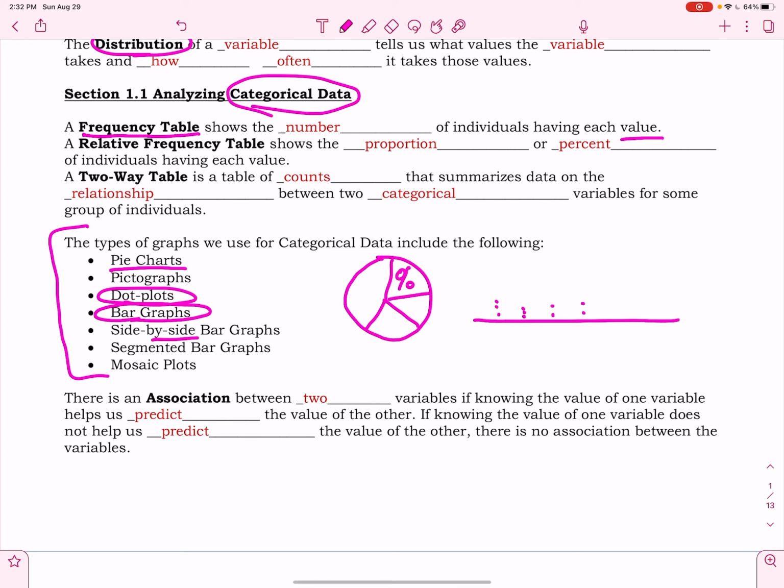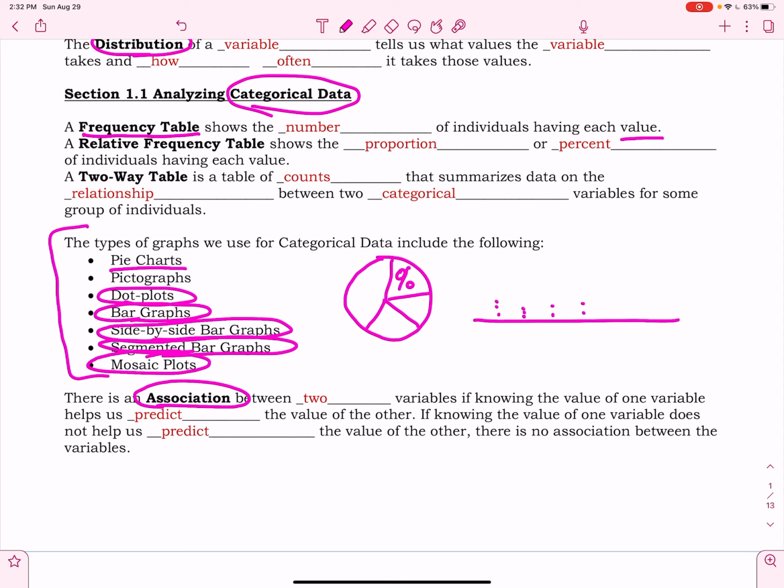I'm going to show you one of those. Side-by-side bar graphs, that's actually what I'm going to show you, and then you'll be able to see what a regular bar graph would look like. Then there are segmented bar graphs and mosaic plots. So I'm going to show you a couple of pictures of these items so that you'll understand better this idea of association. Because remember that there's an association between two variables if one of them can help predict the